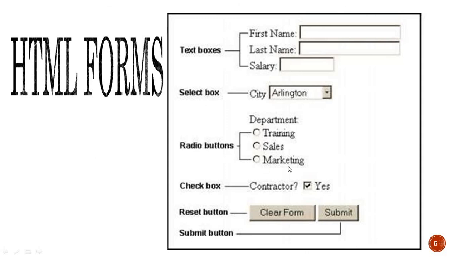This control is called the radio button, because among all of these three you can select only a single value. And if you want to select multiple values, then use this particular checkbox. Here are two buttons, one is the clear button and the other is the submit button. So we will learn these form controls, form elements one by one.